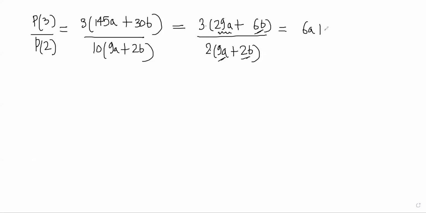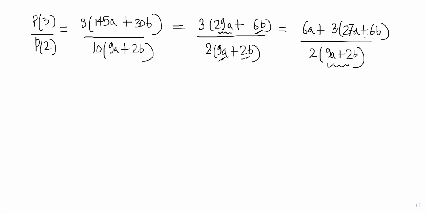So you get a 6a plus 3 times 27a plus 6b divided by 2 times 9a plus 2b. The reason I have done it like this, split it like this, is because it is a multiple of 9a plus 2b. So if you simplify that, you will get basically 9 by 2 plus 3a by 9a plus 2b,